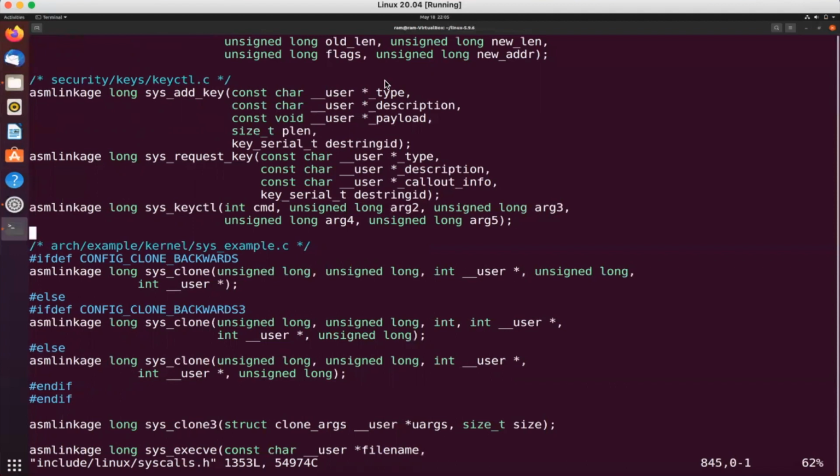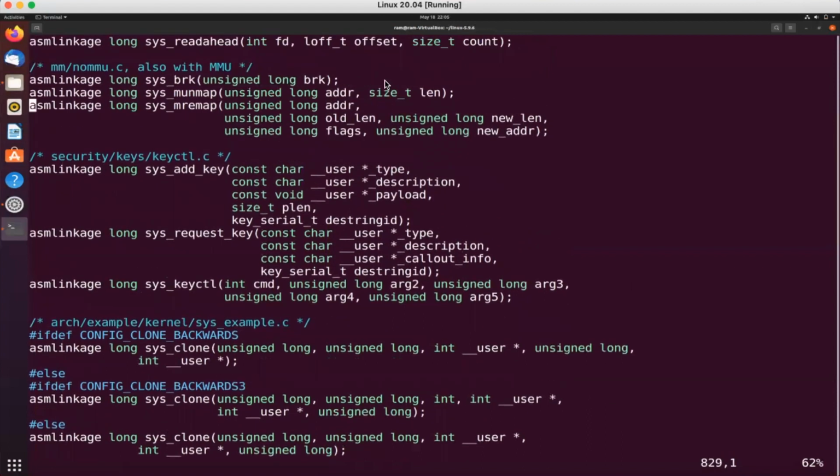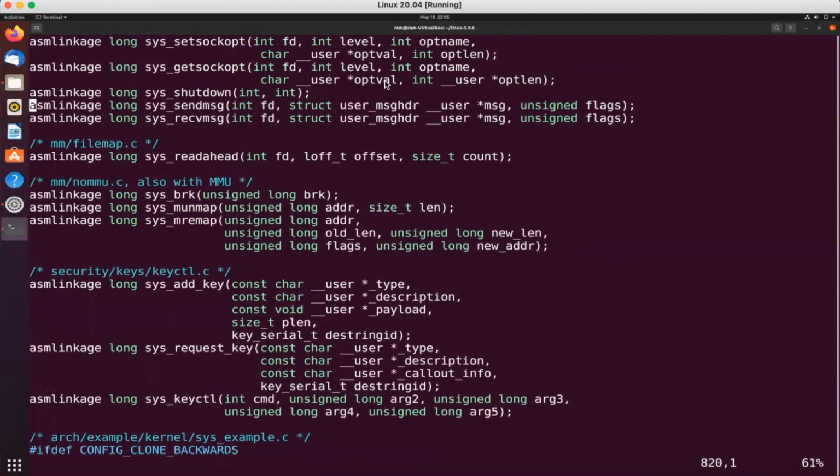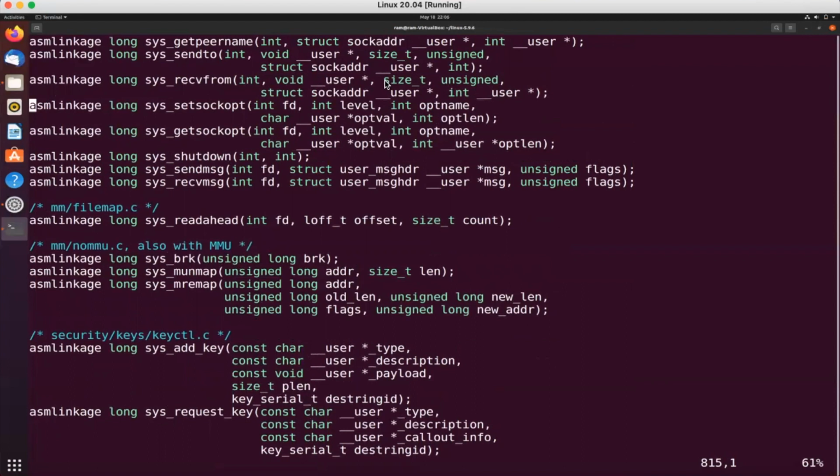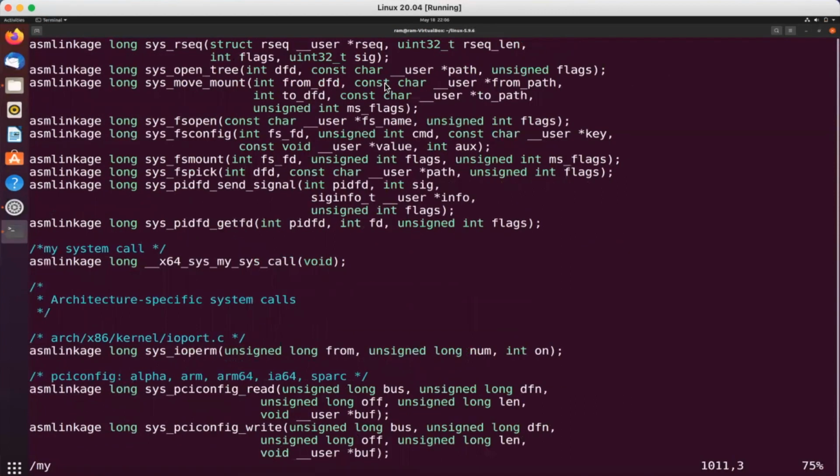As you can see, these are the entries for every kind of system call in the Linux kernel. I have also given the entry for my system call. So this is our newly created system call. We have just given the entry here.